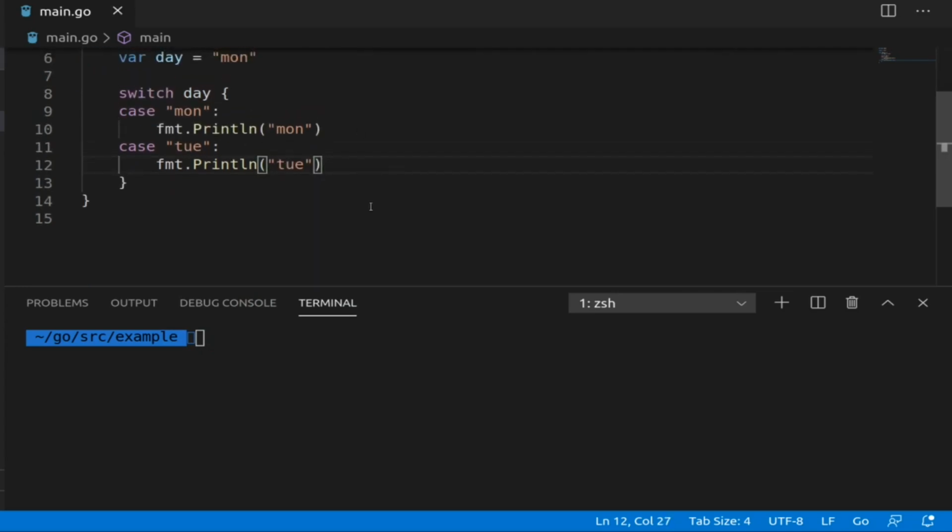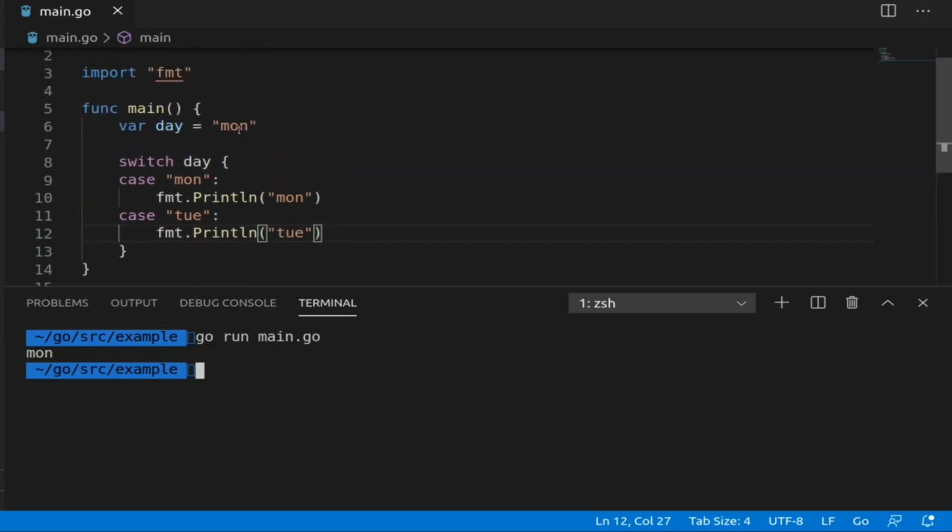Now run the program. Now it prints Monday because day is equal to Monday. Now let's change the day to Tuesday. Now run the program again. Now you can see that it prints Tuesday.